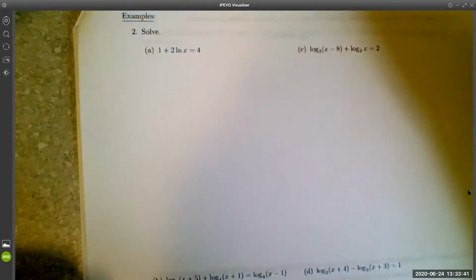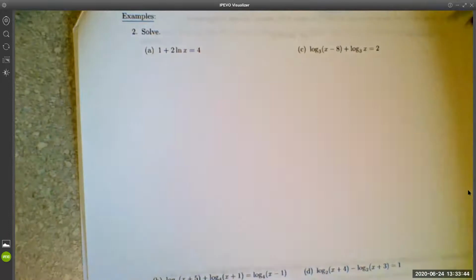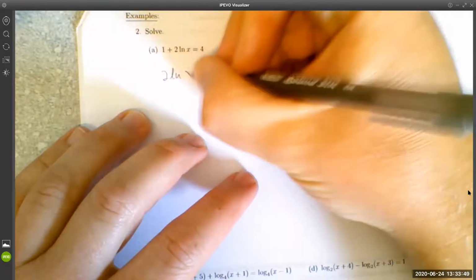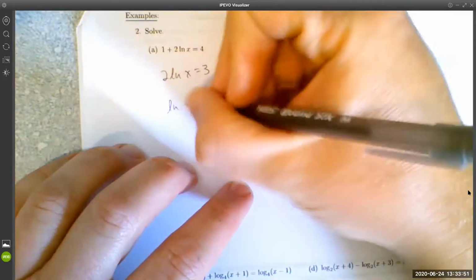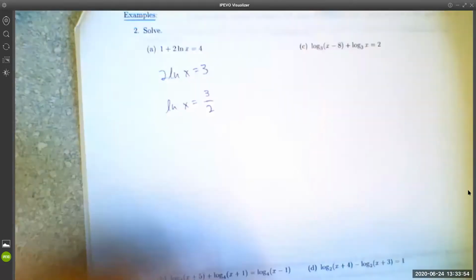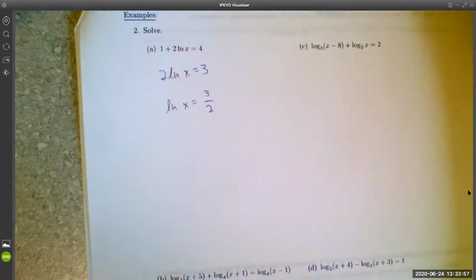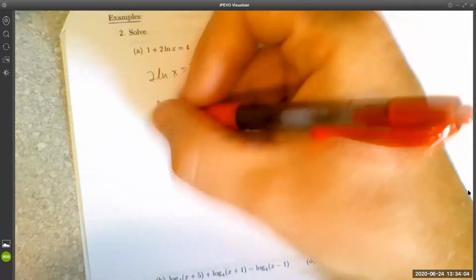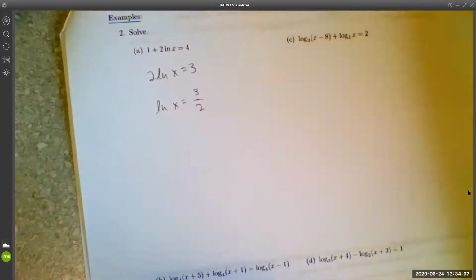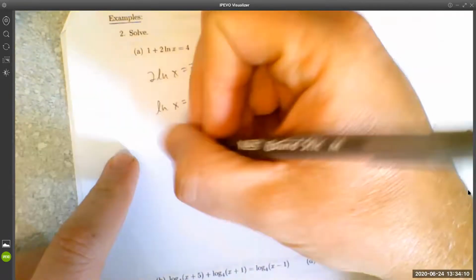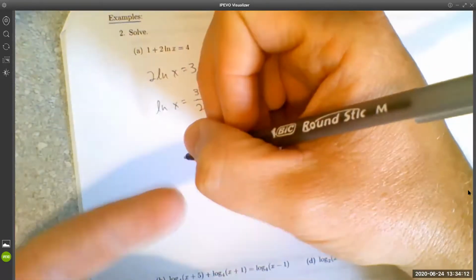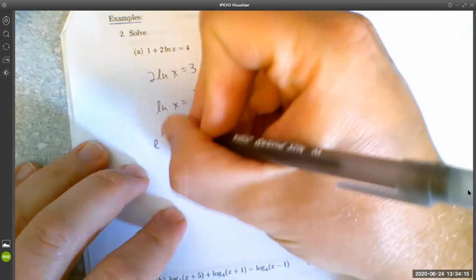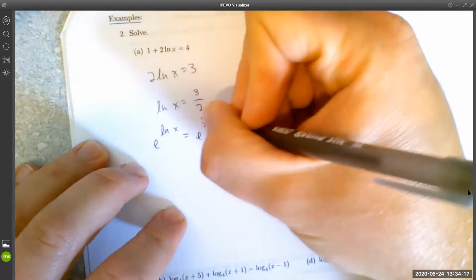Let's look at a few examples. So step 1, isolate the logarithm. Step 2, exponentiate, using the same base as the base of the logarithm. So in this case, since this is a log base e, we're going to exponentiate by e. What I mean by that is we're not going to raise both sides to the e power. We're going to do kind of the opposite of that. We're going to say e to the ln of x equals e to the 3/2 power, right? We're exponentiating,